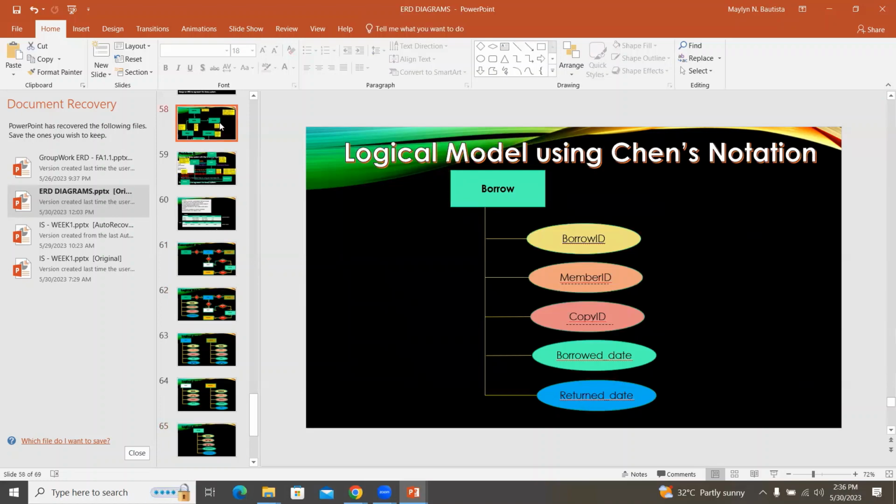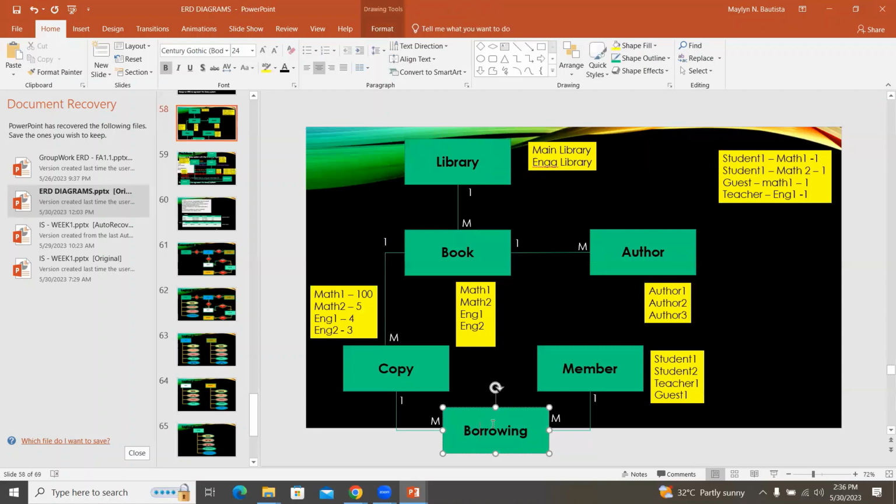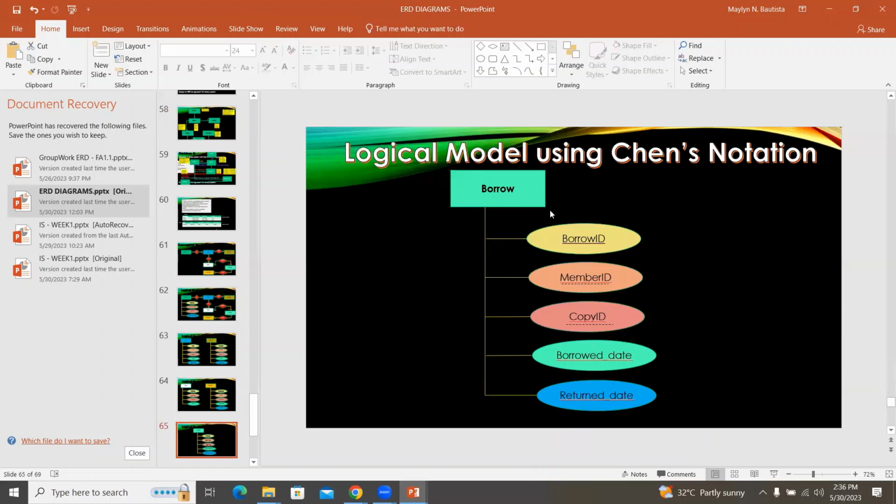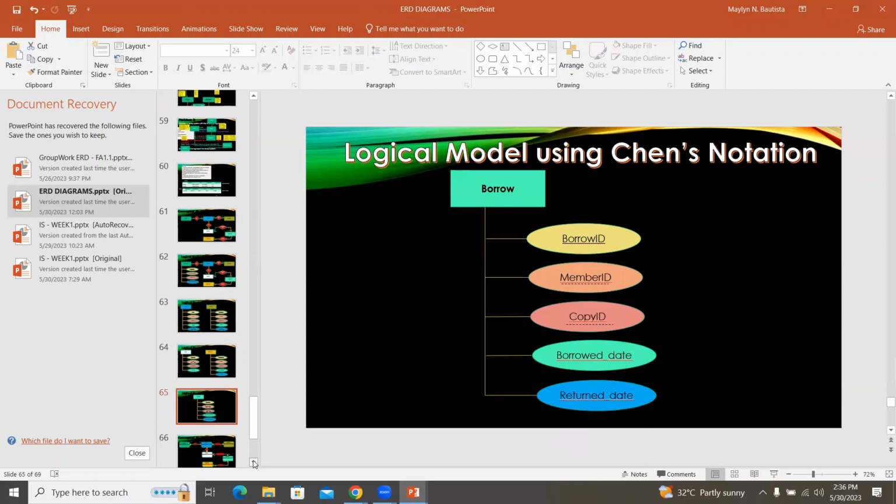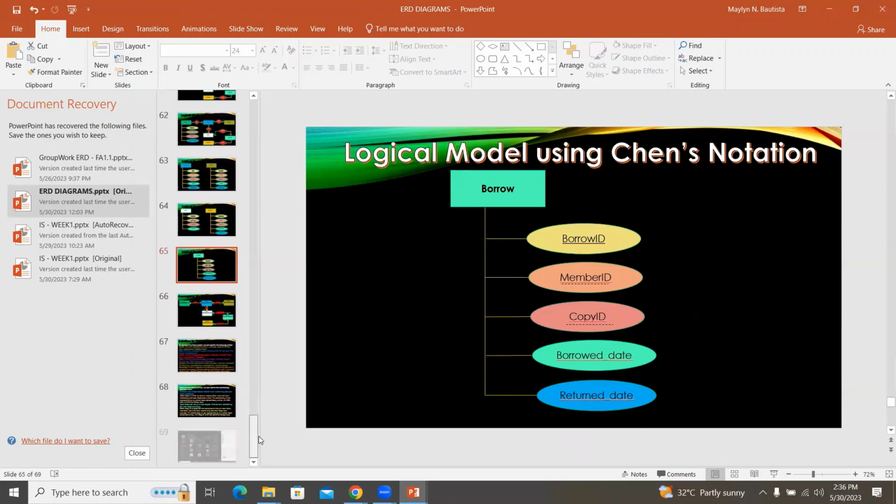Ano bang name natin doon? Borrowing? O, balitan na lang natin to. Borrow na lang to. Para mag-match dito. Okay lang? So that is logical. Okay. And last model natin is the